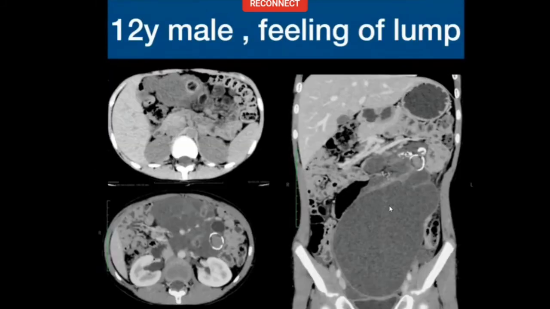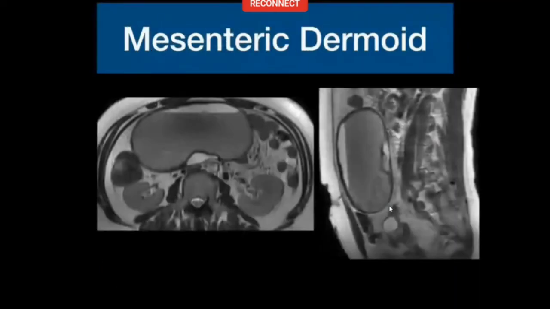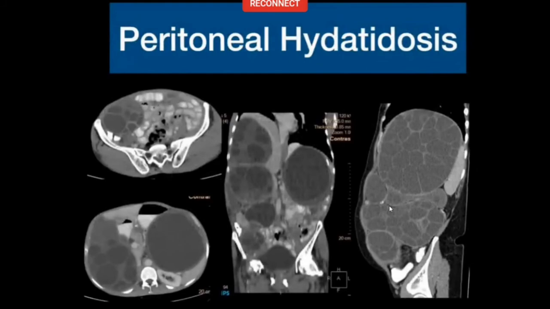Another cystic lesion, again in a young child, encasing the mesentery, but you see fat, you see calcium, you see fluid. Don't just look at the big component and get scared. I'm sure the examiner will give you clues to what this is, so always look for these clues. This was a dermoid or a teratoma, and this is an image taken from the literature to show you a fat fluid level which you may see in a dermoid. So always in a young person, think of a developmental lesion.